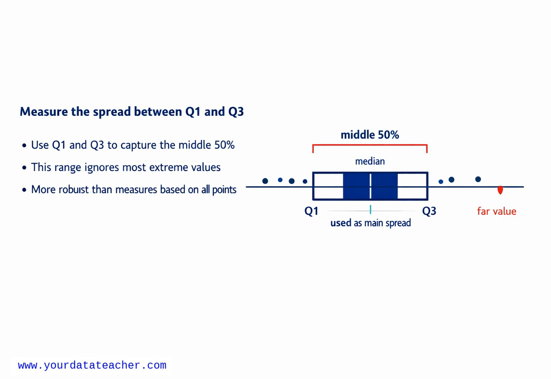This single number summarizes how wide the middle 50% of the data is. Visually, focus on the highlighted band between Q1 and Q3 on the number line or box plot. All values inside this band belong to the central half of the dataset. An important point is that this measure depends only on that middle 50%. Extreme values, like our large value at the right, do not enter directly into the IQR calculation. That makes the IQR much less sensitive to outliers than the standard deviation, which is affected by every data point,